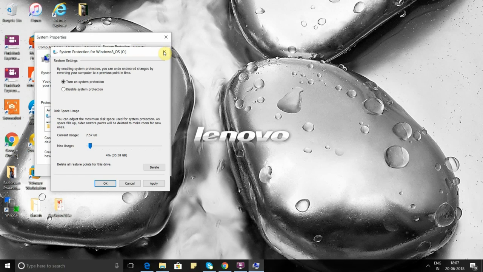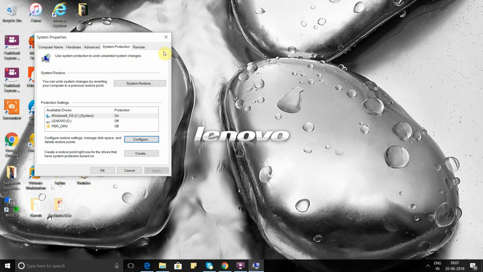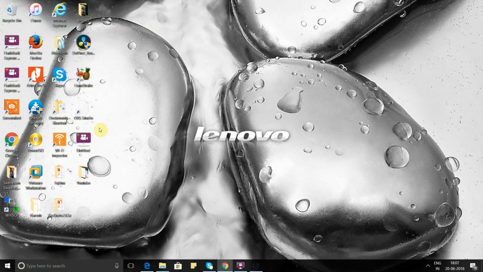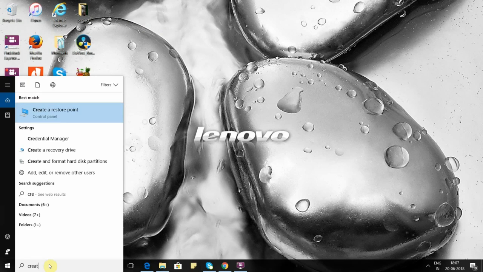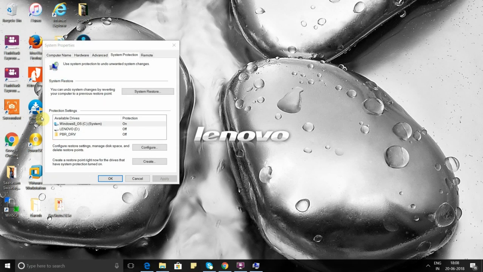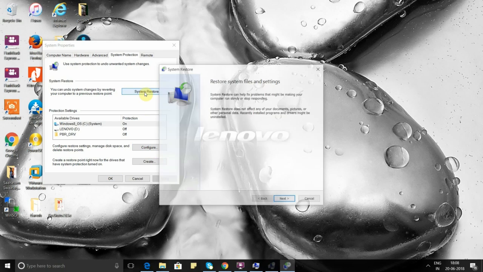Now, just for an example, your computer has some problem and it is not functioning the way it used to work. Now you can come back to the same place, create a restore point, and go to system protection. Instead of going to configure, like a minute ago when we went to configure to create a restore point, now if you go to system restore and click on it,